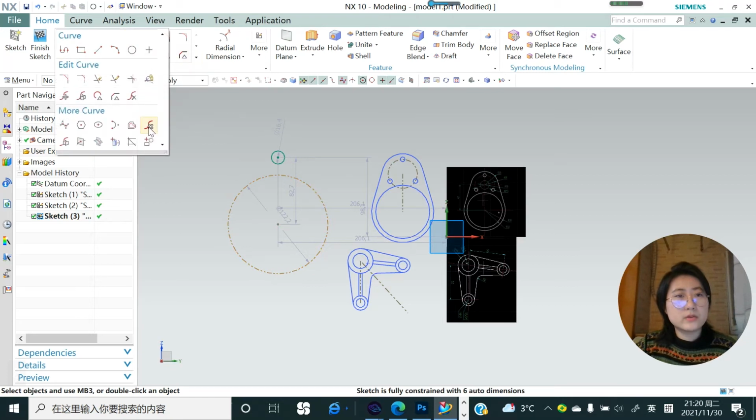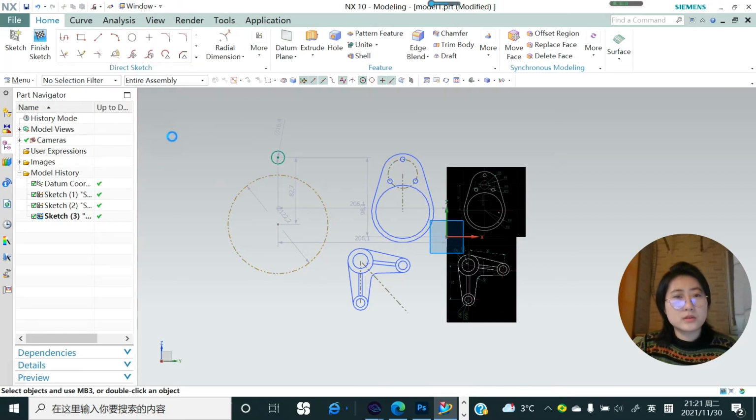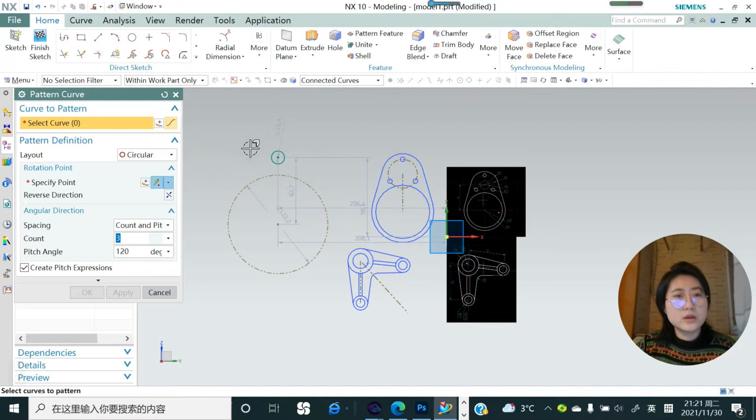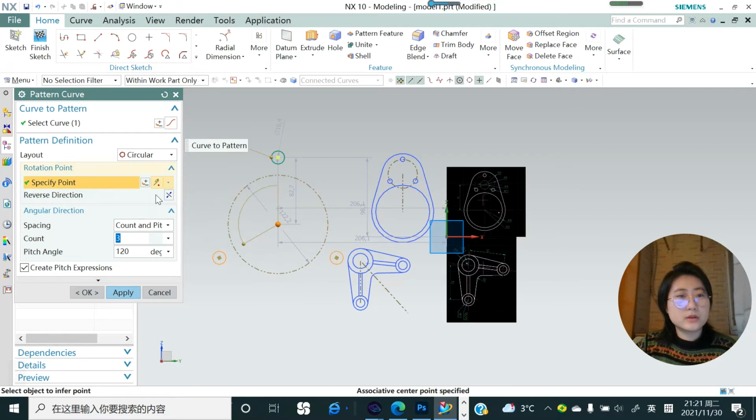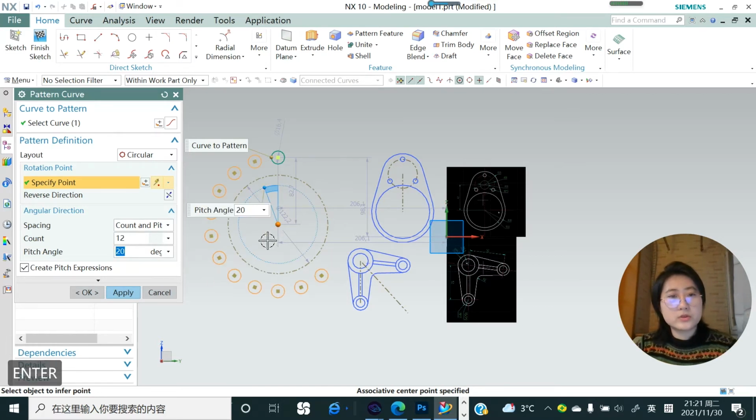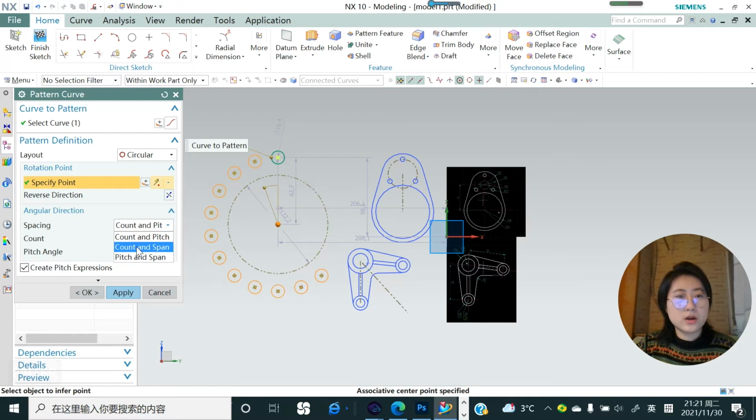So next, if you hit this pattern curve, you select the curve and you select a specified point. And I do a circular one, so I can change to maybe 12, and for the pitch angle I can give it 20 also, so you can get those by count and pitch. I also could change to count and span,